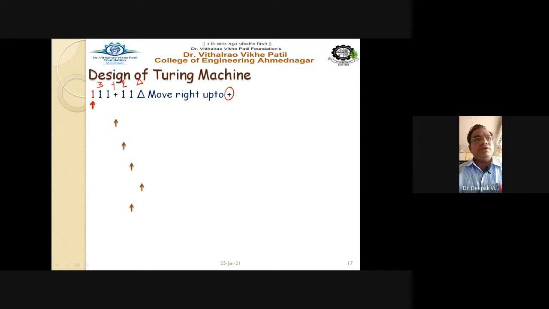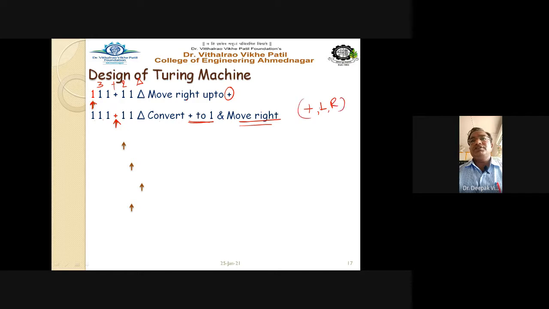The pointer is pointing to 1, and we move right up to the plus symbol. Now the pointer is pointing to plus. Convert this plus into 1 and move in the right hand side direction. So if the input is plus, the output is 1 and the direction is R.